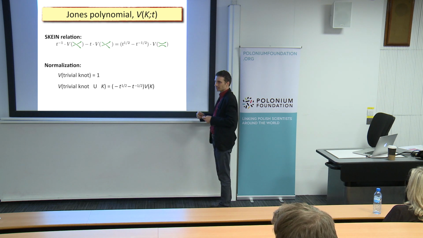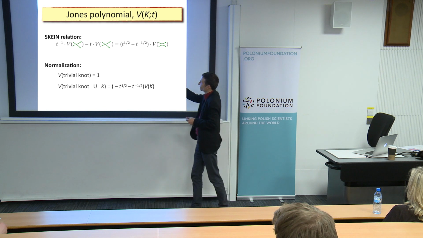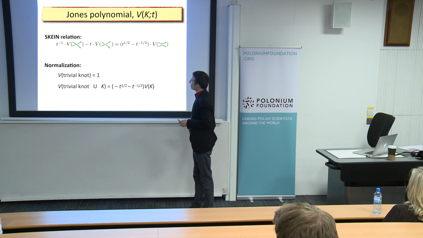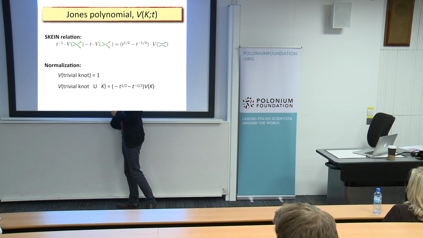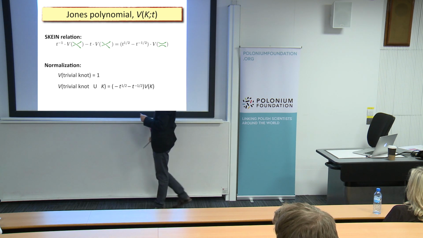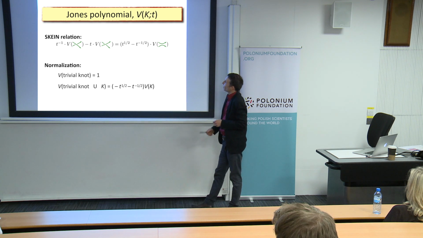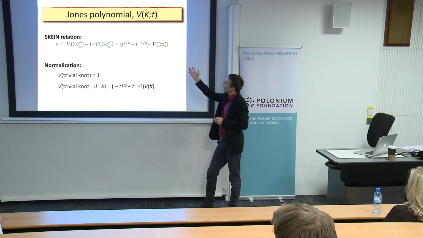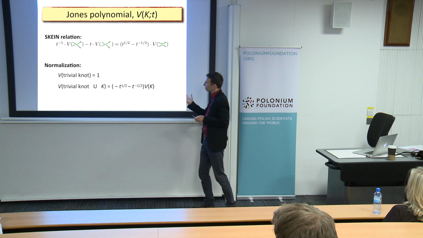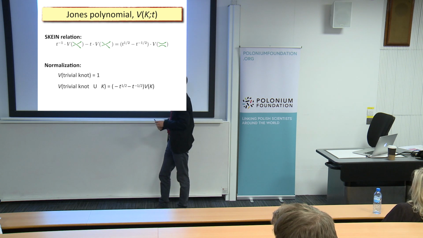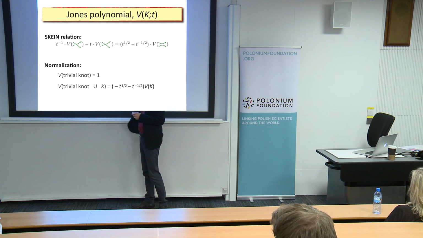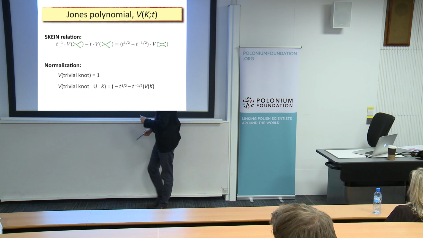So then the statement is that if you compute these Jones polynomials for these three structures, then they are related to each other in such a way as this relation is telling you. And it turns out that using this relation, you can find this Jones polynomial for any knot or link. You have also to add some initial conditions, or starting conditions. One of them is that for the trivial knot, this Jones polynomial is equal to 1.